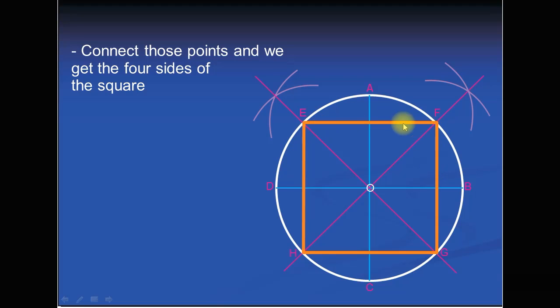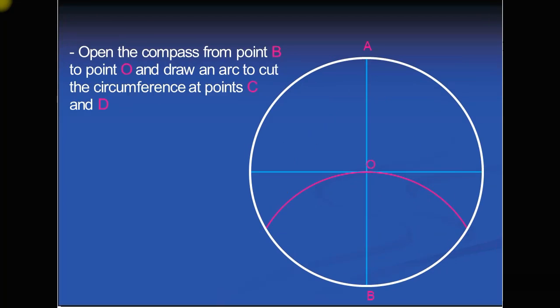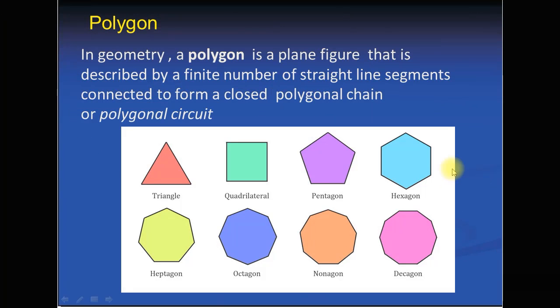So dear students, note that in this video lecture we have discussed how to draw polygon types like the triangle and square, and inshallah in the next lecture we will discuss the other types of polygon like you see here in these shapes. We will discuss these types like pentagon, hexagon, heptagon, octagon, nonagon and decagon.